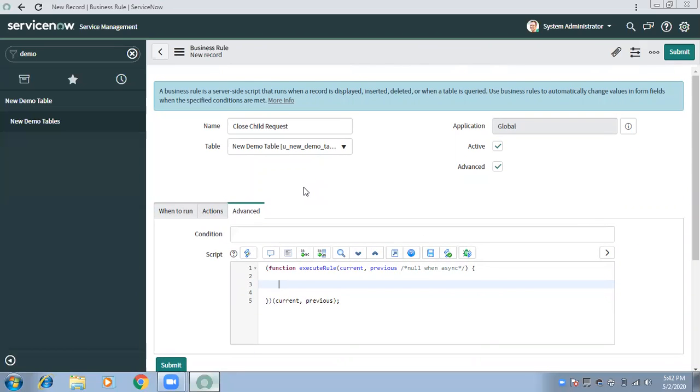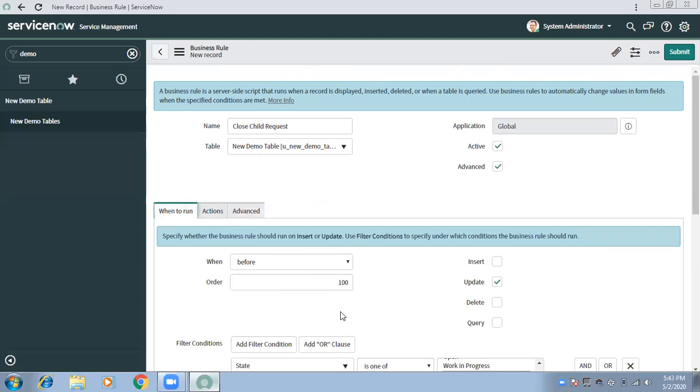If you are updating hundreds of records, it will run a hundred times, once for each record at a time. It's not that a single business rule runs for all of them. For each instance, meaning each record, if the condition matches, it will run separately.